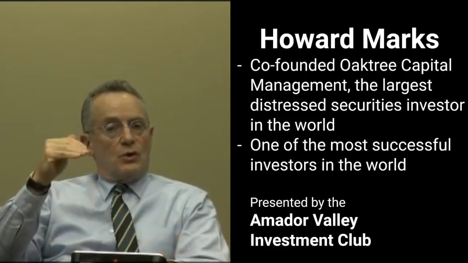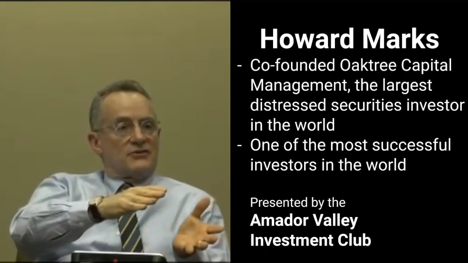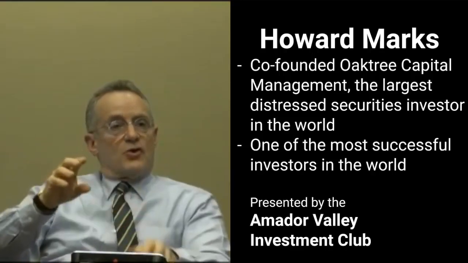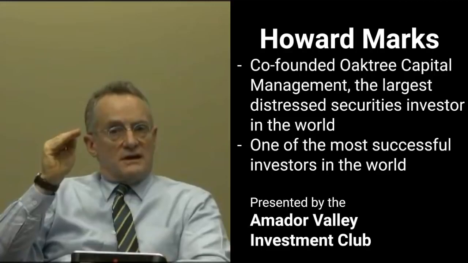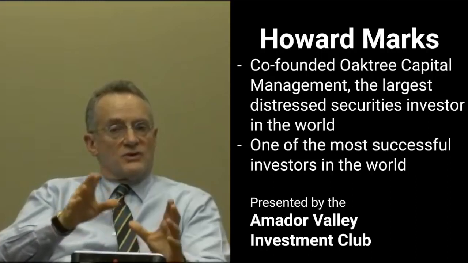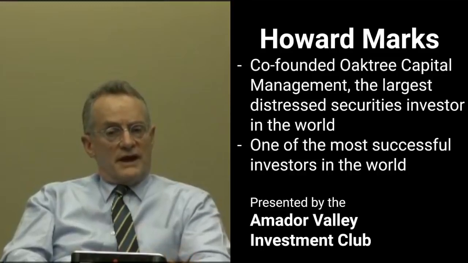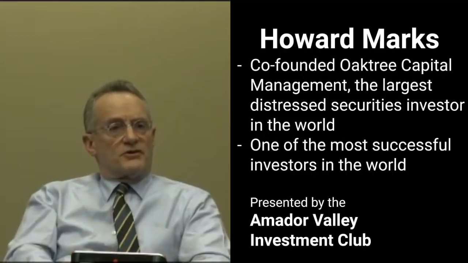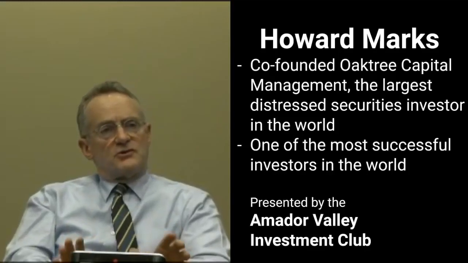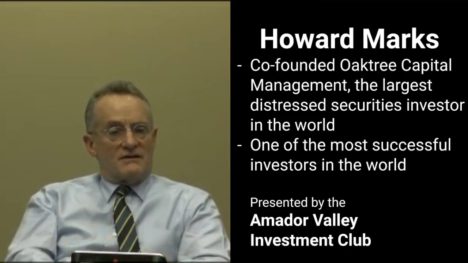Most people apply a certain amount of emotion to the loss of money. Let's say you lose $1,000, you feel this bad about it. You make $1,000, you feel this good. So the quantum of emotion that applies to a given gain is usually less than the quantum of emotion that applies to a given loss, which is to say most people value losses more than they do gains. People are risk averse. How do we know people are risk averse? How do we know people don't want to lose money? How do we know that they would rather sub-optimize and reduce their potential return in order to avoid a large loss? And the proof, I was told back in 1967, was that